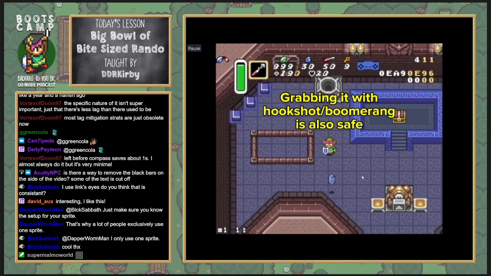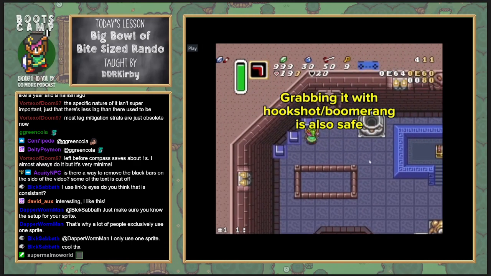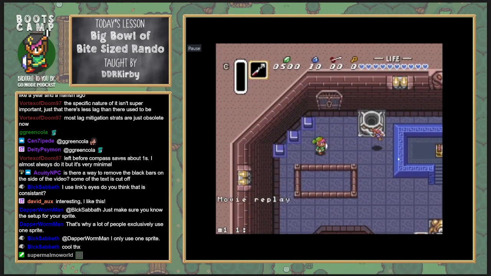It is worth noting that even if it's in the air, if you grab it with the hookshot or the boomerang, that is also okay. So feel free to grab those drops using the hookshot or the boomerang. Now, it can be really dangerous if it spawns a fairy, because fairies are always in the air, so they never settle to the ground. So this will definitely mess up your bomb